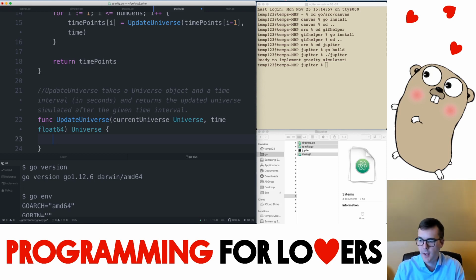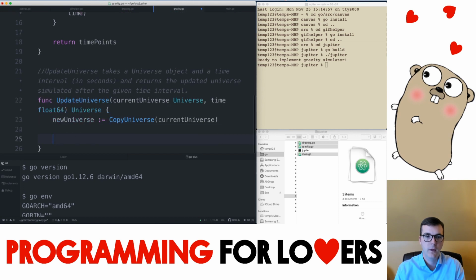So to do that, I'm going to have a function called newUniverse, which copies over all the parameters of the current universe. And then we need to say for every body in the current universe or the new universe, either way,